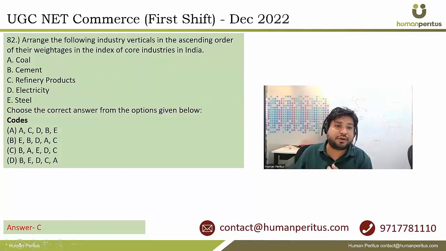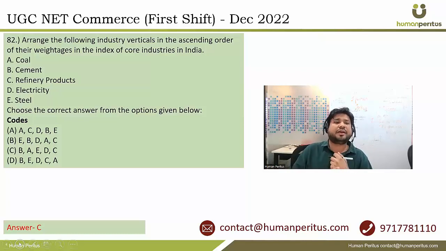Next is arrange the following industry verticals in the ascending order of their weightage in the index of core industries in India। तो ये क्या है, इंडेक्स ऑफ इंडस्ट्रियल प्रोडक्शन है, जो सेंट्रल स्टेटिस्टिकल ऑर्गेनाइजेशन मंथली बेसिस पे प्रोड्यूस करता है, एक तरीके से ये बताने के लिए कि हमारा जो इंडस्ट्रियल प्रोडक्शन है इंडस्ट्रियल प्रोडक्ट्स का, वो कितना हो रहा है। तो उसकी एक बास्केट होती है जिसमें 8 अलग अलग कोर इंडस्ट्रीज के प्रोडक्शन के वेटेज लिए जाते हैं। ठीक है, अराउंड 40% कुछ होता है।